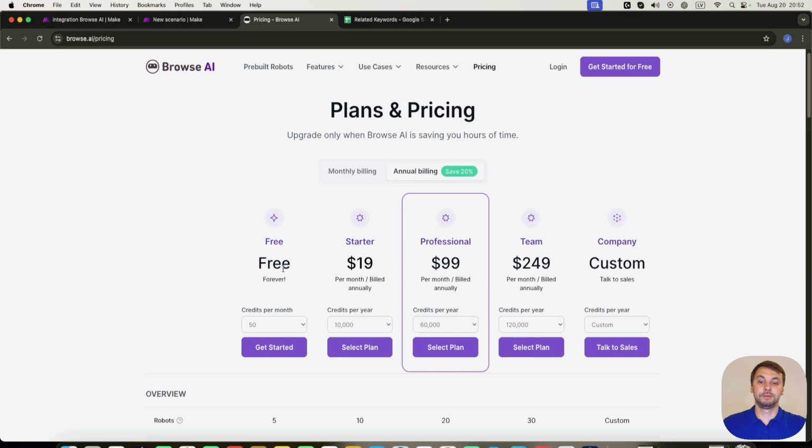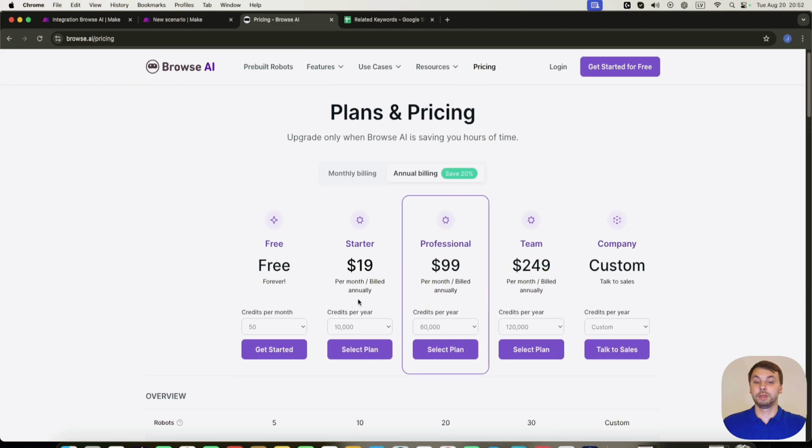You can start for free. Actually, it's 50 credits per month. And then you can use a starter plan. But for example, if you're scraping keywords, one operation, one keyword scrape, costs 1 credit. So you can do 50 scrapes per month, and it's going to be for free. We're going to start with BROWSE.AI. We're going to register, and then we're going to go back to the scenario, build it up, and see how it works. So we click on Get Started for free,